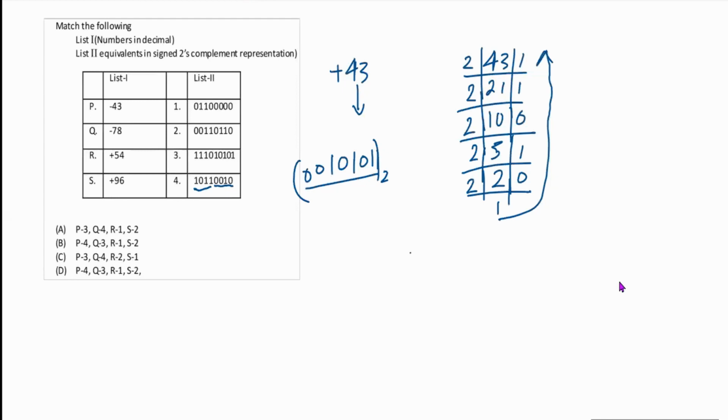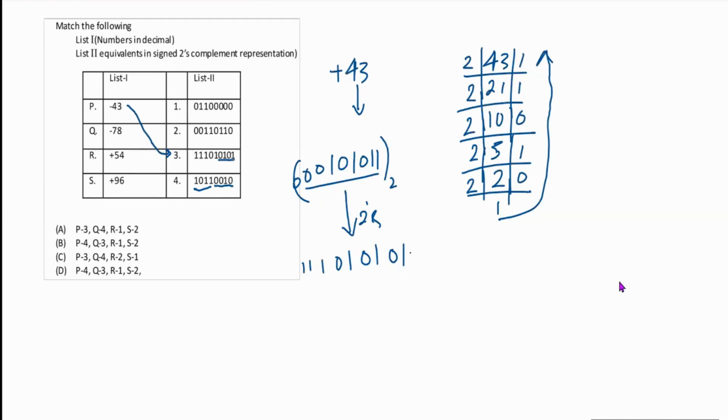For the signed 2's complement representation of this number, we need to do the 2's complement of this. The 2's complement of this is 1 0 1 0 1 0 1 1. I can check that this option is there, matching with our answer. There is one extra one, so if I substitute one extra 0, there will be one extra 1. This will be option number 3 for this one.